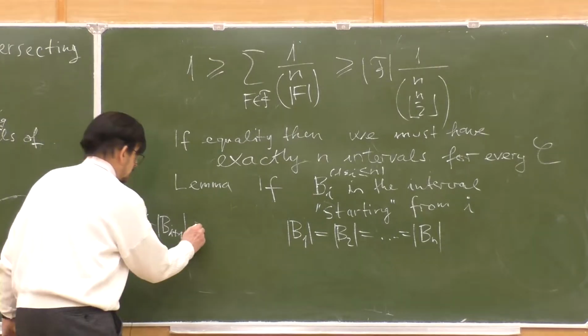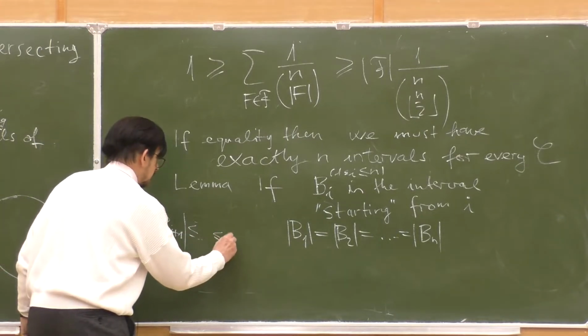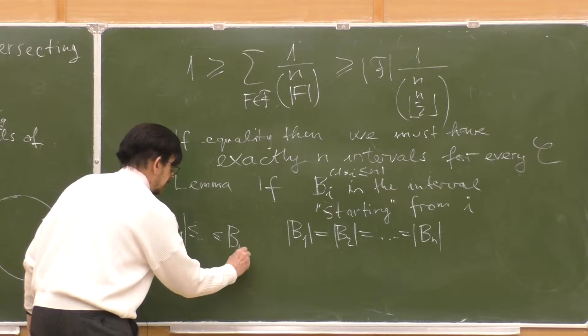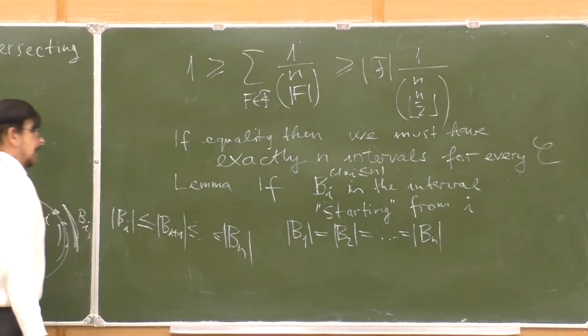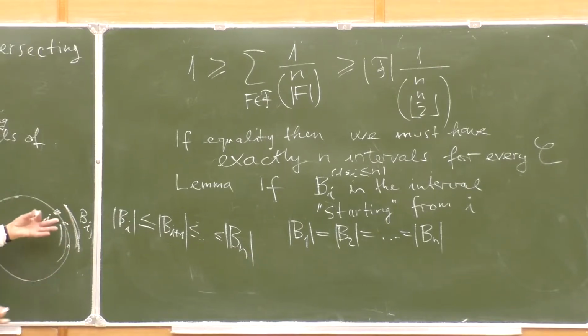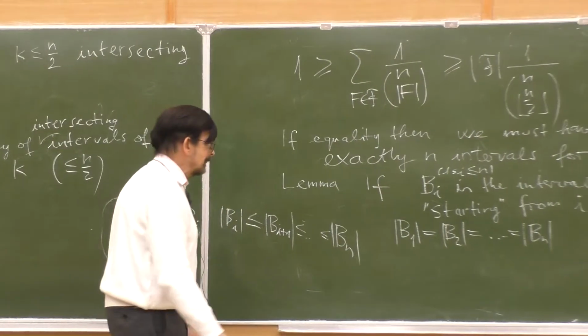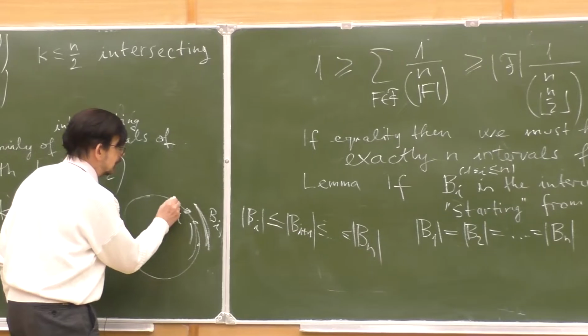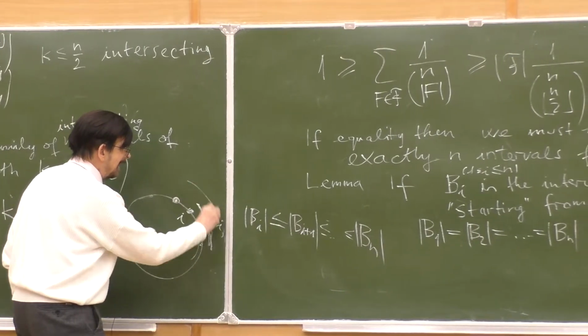Why? Because we can continue this to be n, because the same is true at every step, but it's also true for B_n,